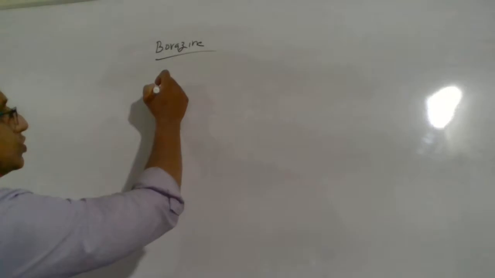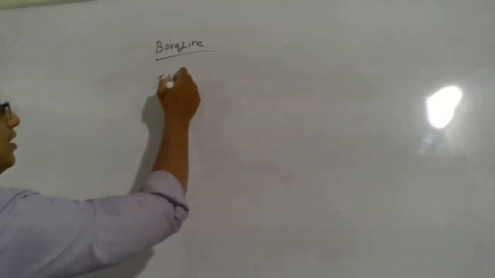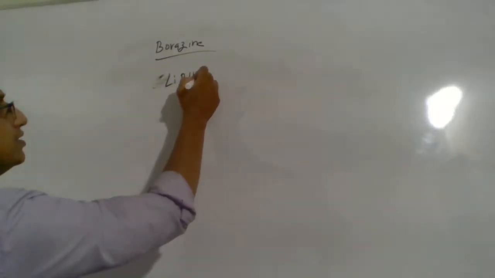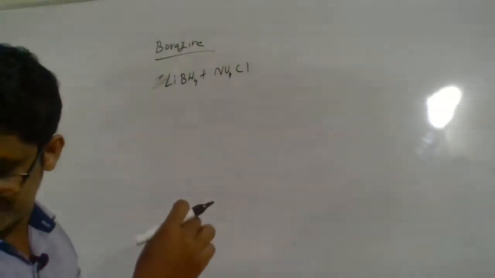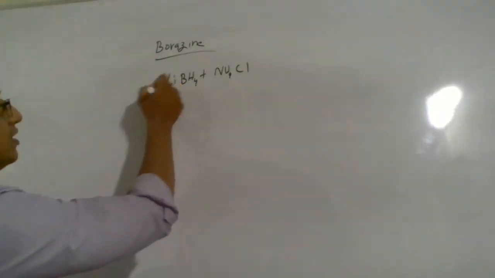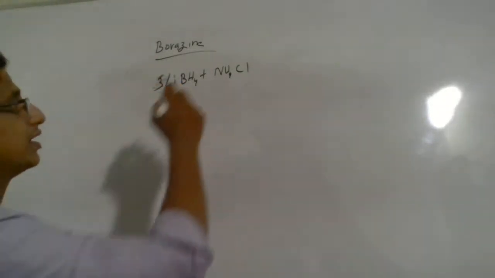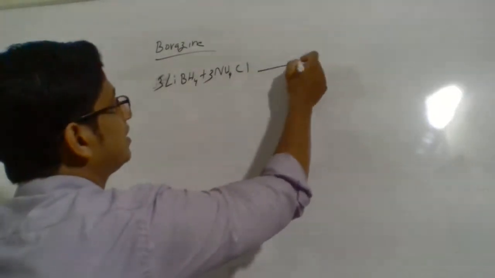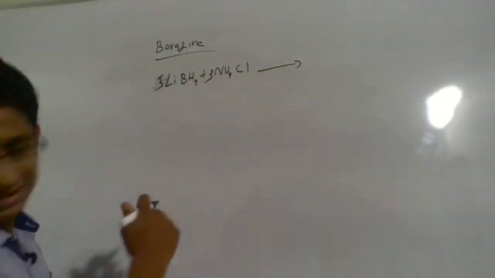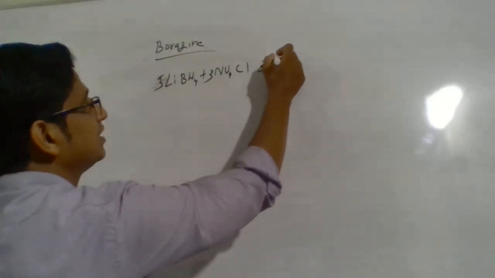First important method: treat lithium borohydride with ammonium chloride. When lithium borohydride is treated with ammonium chloride at a temperature of 230 degrees Celsius,